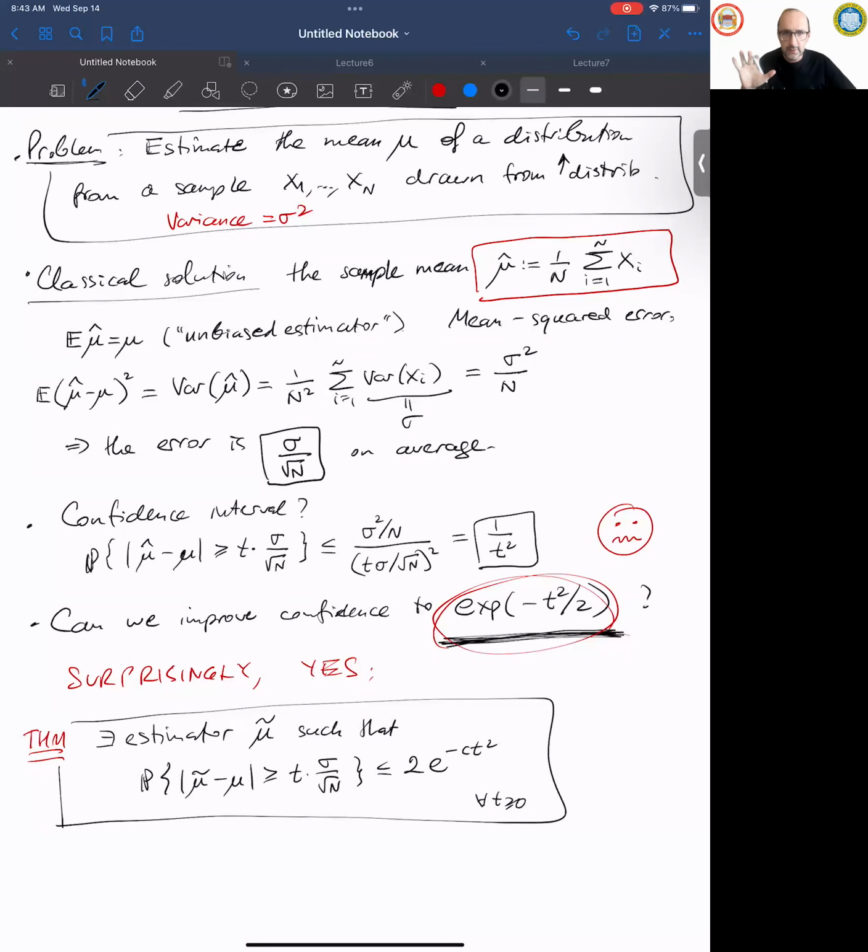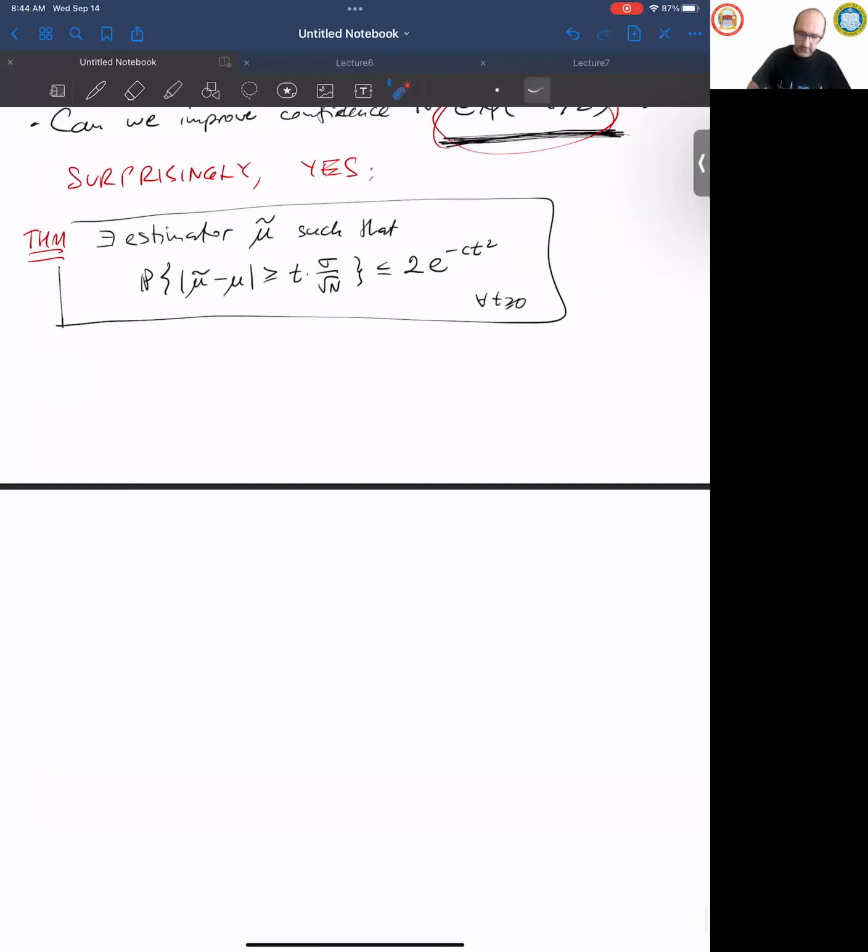Okay, is the statement of the result clear? Totally amazing. Well, I kind of know the proof, but every time I look, it's a miracle. How can you, only assuming the variance, get the Gaussian, the normal tail? What if your random variables have heavy tails? They're not even Gaussian or not even nice to start with, and you can improve this. But that's possible, and we'll do it today.